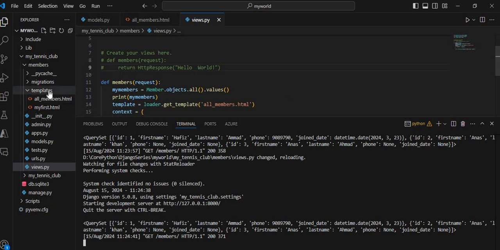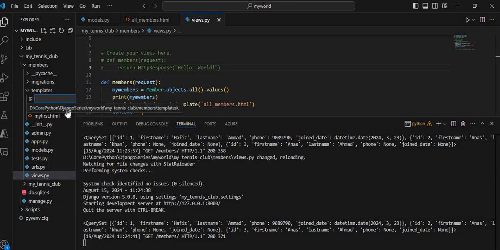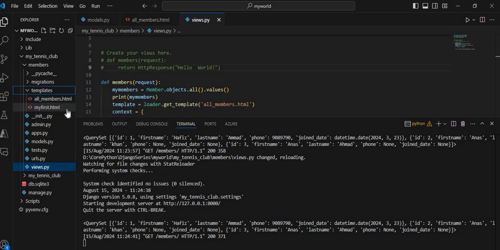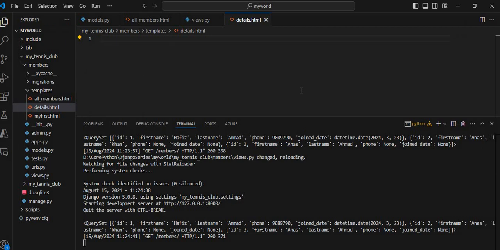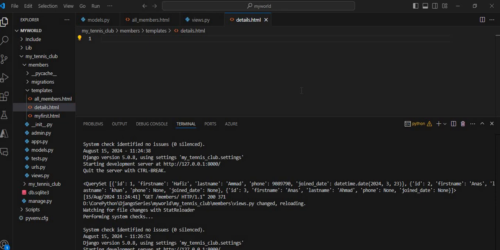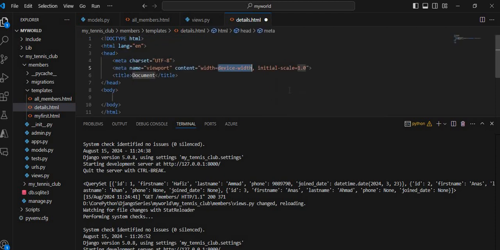So for that I am going to create one more HTML file here, details.html here। तो मैंने details.html फाइल क्रिएट कर ली है। यहाँ इसके अंदर मैं HTML का कोड कुछ लिखने जा रहा हूँ, और यहाँ पर मैं डिटेल्स लिख रहा हूँ। मेंबर डिटेल या डिटेल्स से लिख लूँ, टाइटल डिटेल्स हो जाएगा, ठीक है। बॉडी के अंदर आके मैंने h1 टैग यूज़ करना है, h1 टैग, और इसका क्लोजिंग h1 टैग, ठीक है। इनसाइड दिस मैंने Django